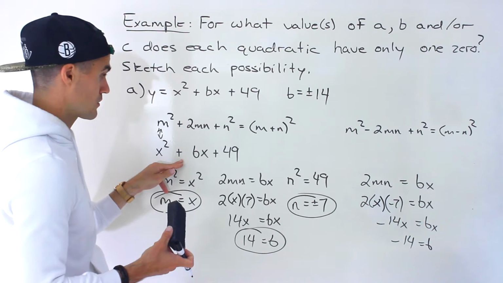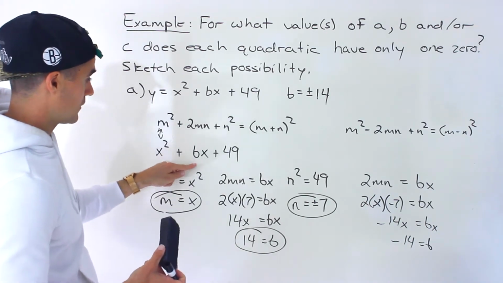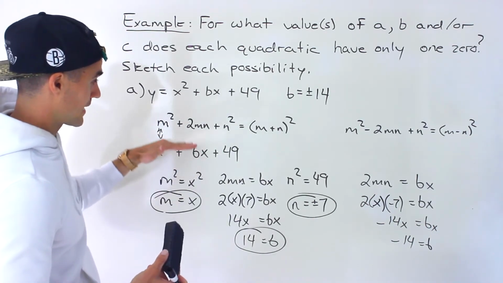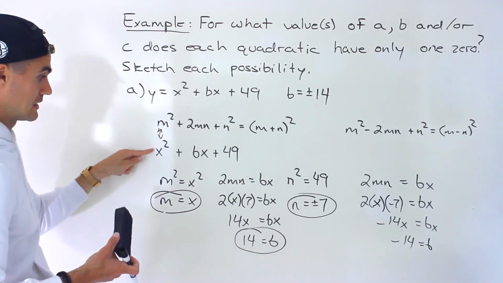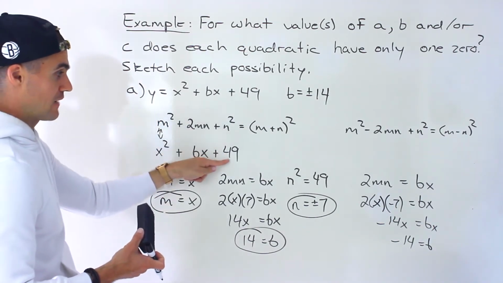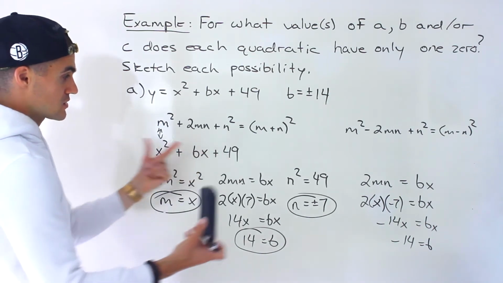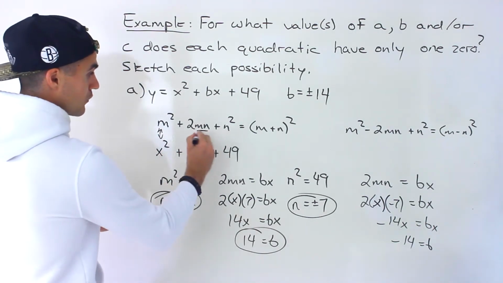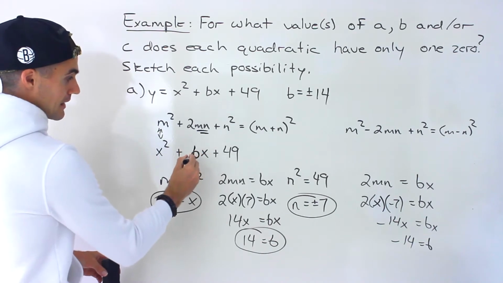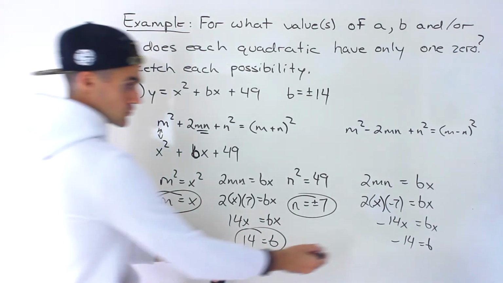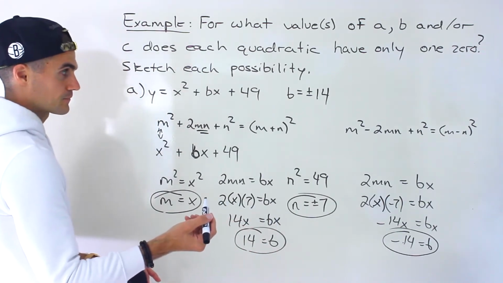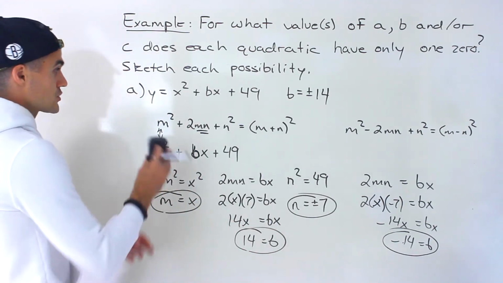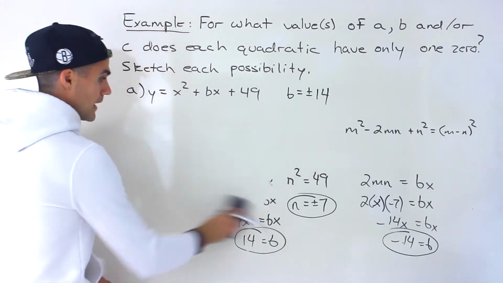that we're working with, and we had to figure out what b value is going to put this quadratic in that perfect square trinomial format. Notice we were able to get the m value of x and then the n value of plus or minus 7. So then we could take those two values, plug them in for m and n, and then get that b value, which we got over here and over there. So the answer to part A is b can be plus or minus